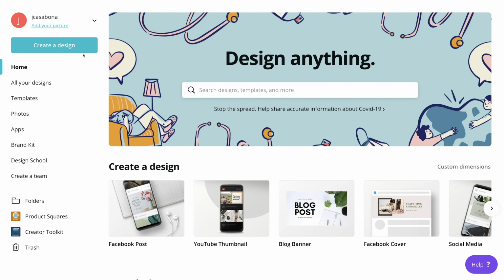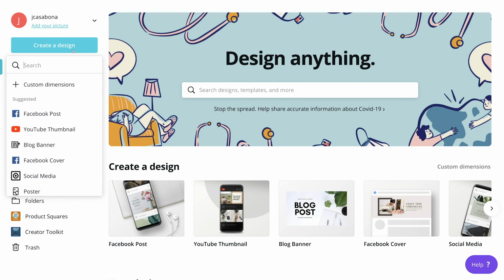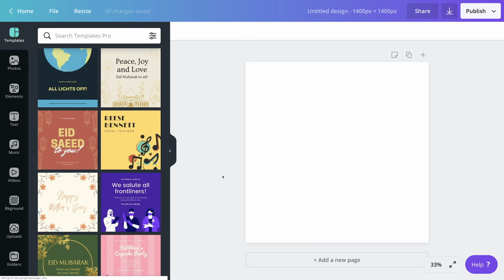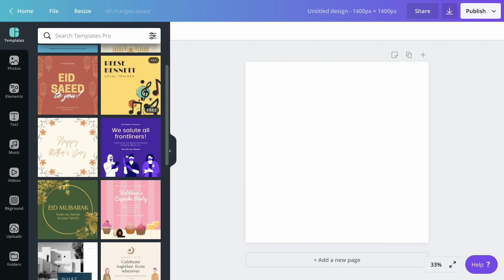First, I'm going to click Create a Design, and I'm going to do custom dimensions. So as we learned in the dimensions video, it needs to be a square, and it could be a maximum of 3000 by 3000 pixels. However, conventional wisdom says it should be around 1400 by 1400 pixels, so that's what we're going to go with. We'll click Create a Design, and then we are given a blank square, and we are given some